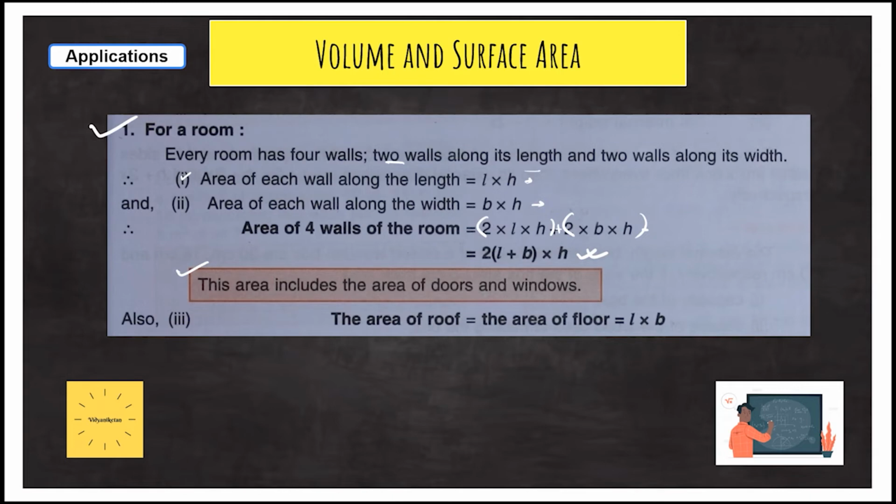Now also the area of the roof is area of the floor equals to L into B. So the length and the breadth, if we multiply that, then we will find out the area of the floor, as well as the area of the floor is equals to the area of the roof. That's why the complete thing is here, and ultimately the total surface area of a closed room becomes 2 into L into B plus B into H plus H into L, whatever we have studied earlier. So the ultimate thing is same, but if the roof is open, then this area will be once.